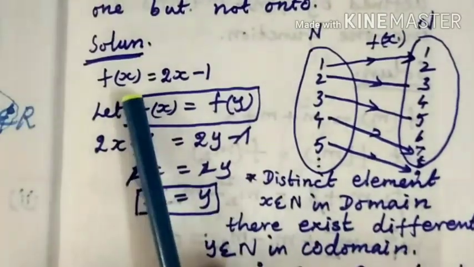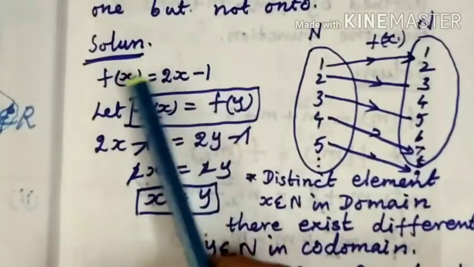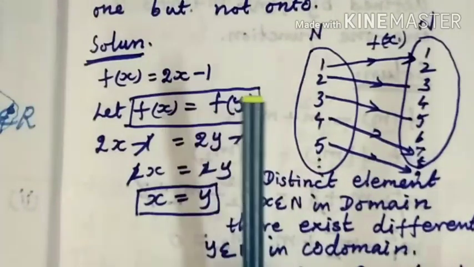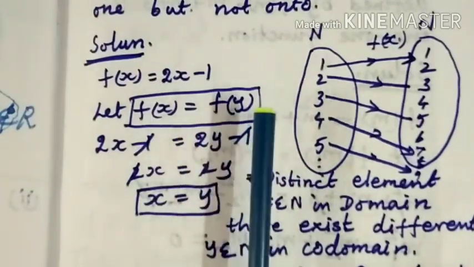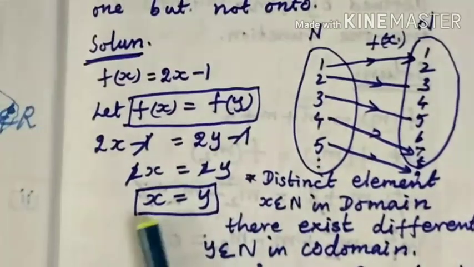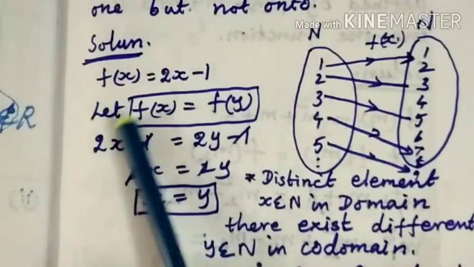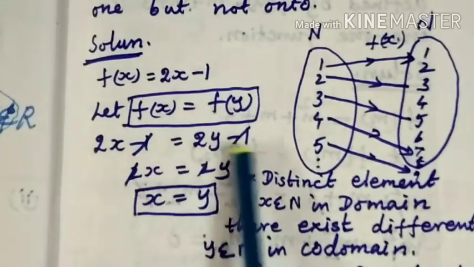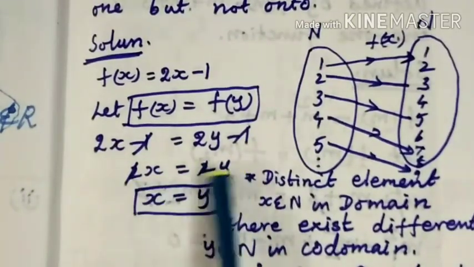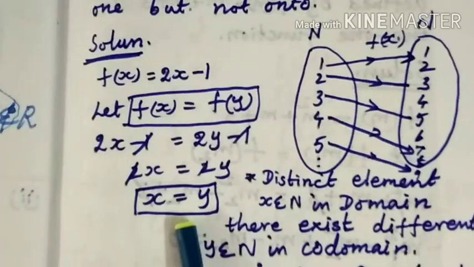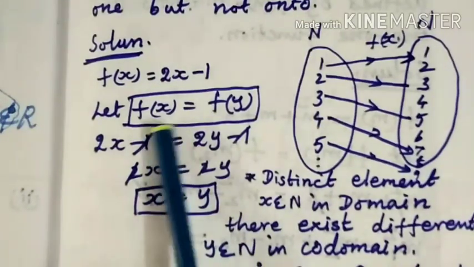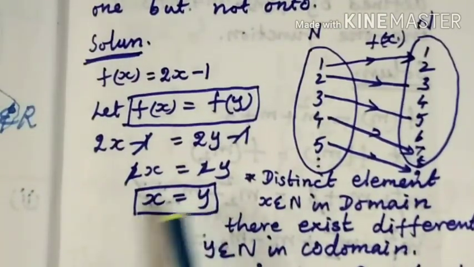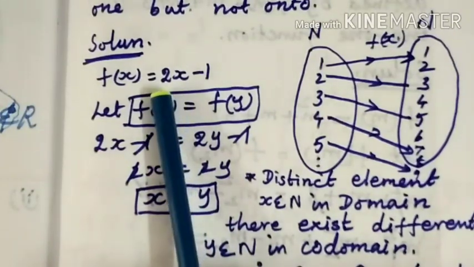See the solution. Take down and write the given function. It is a linear function. So you apply the second concept of one-one function. Let us assume f of x equal to f of y. We can prove that this implies x equal to y. f of x is given in the question, that is 2x minus 1 equal to 2y minus 1. Then minus 1 is cancelled, then 2 also cancels. We get x equal to y. So f of x equal to f of y implies x equal to y. Then the given function is a one-one function.